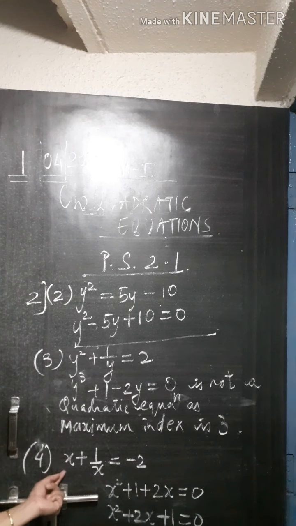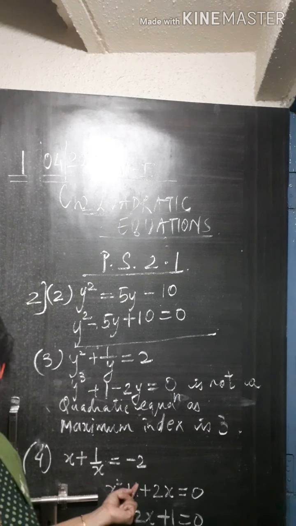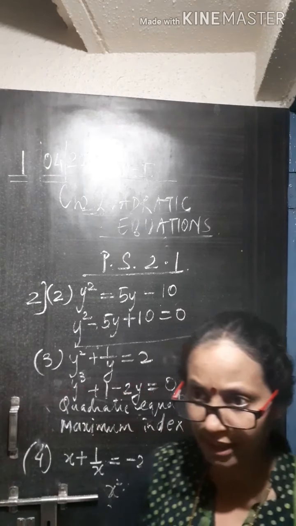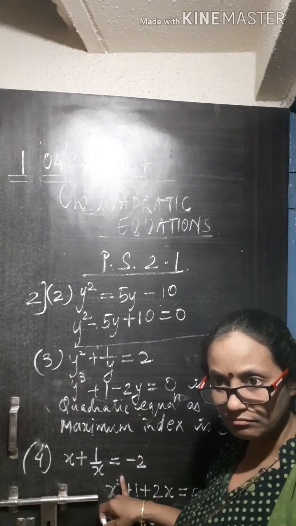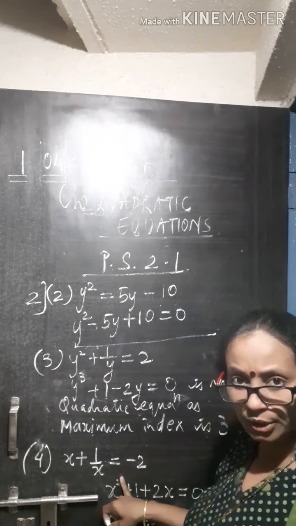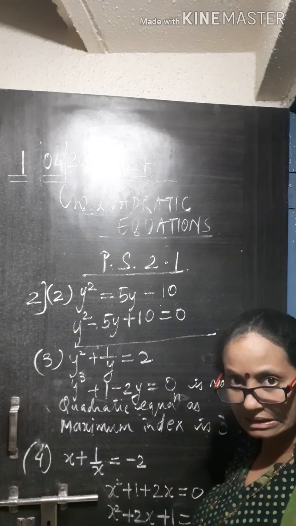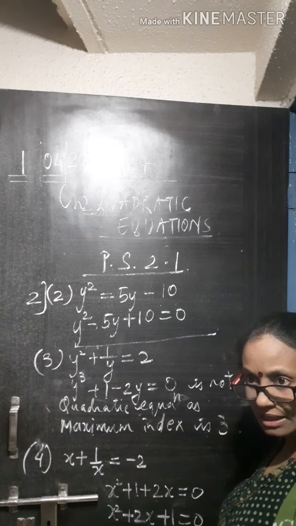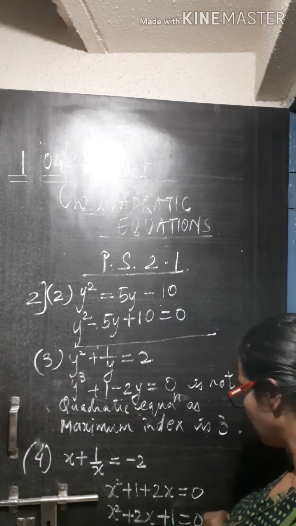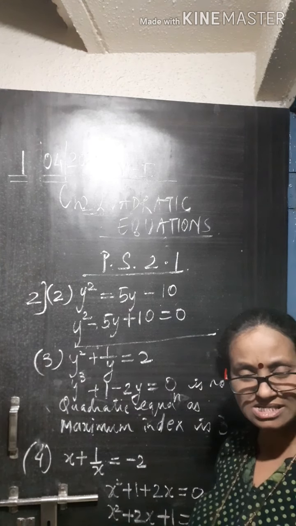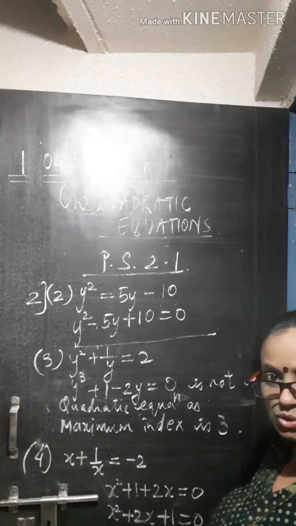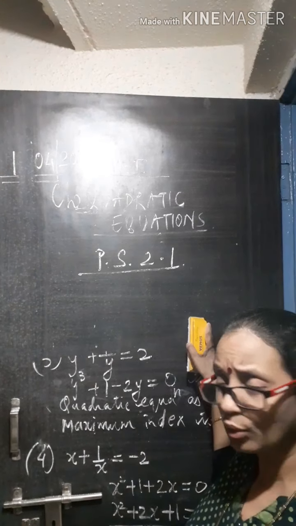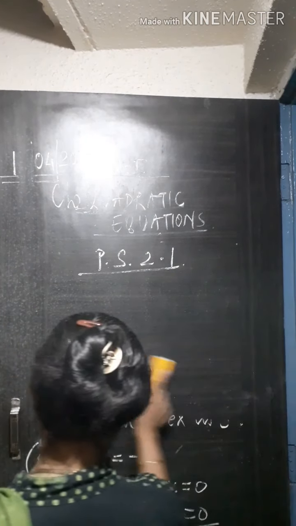So by looking at the previous equation, we feel that it is not a correct way, but when we solve it, we realize that we come to the equation which is in the standard form. So this is how we have to solve it to prove whether it is quadratic or not, and go further, right?